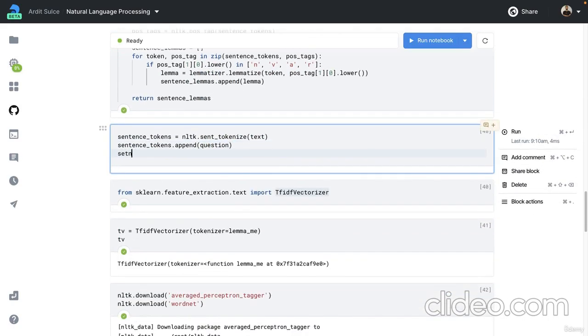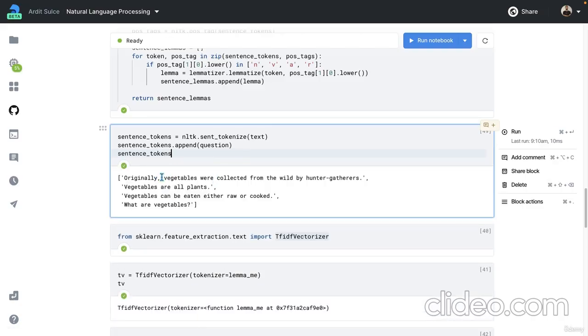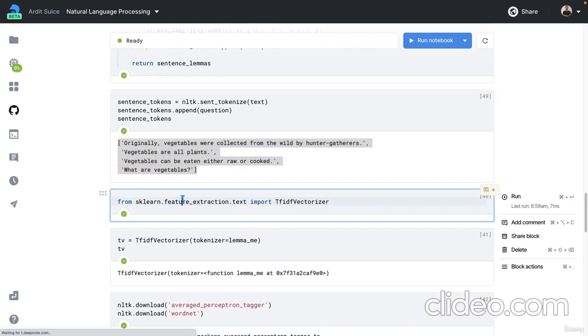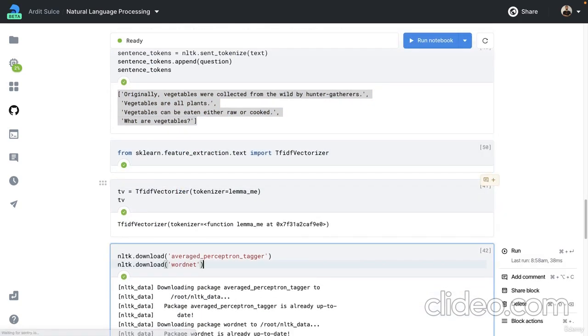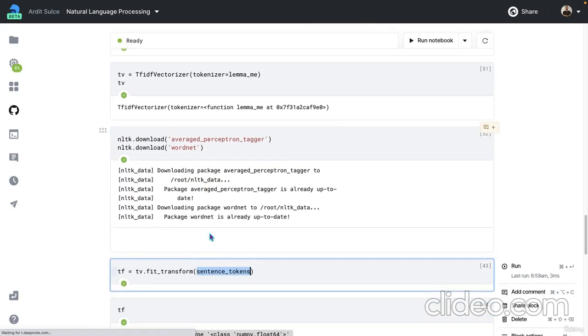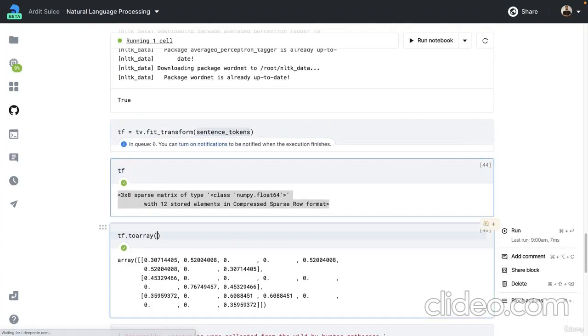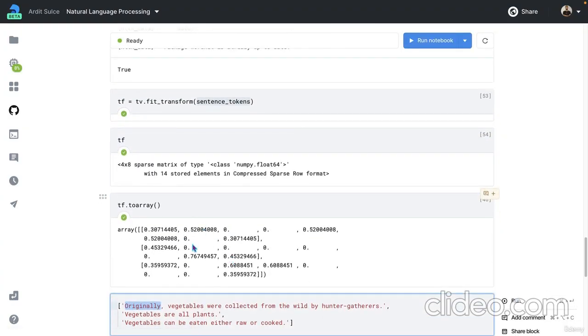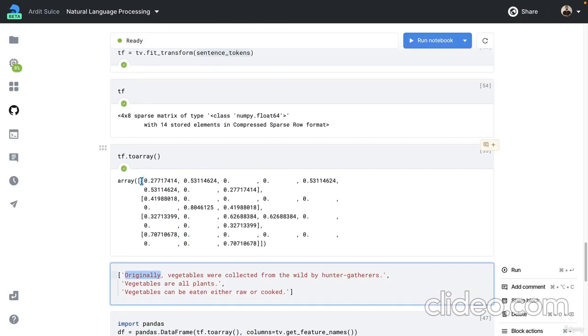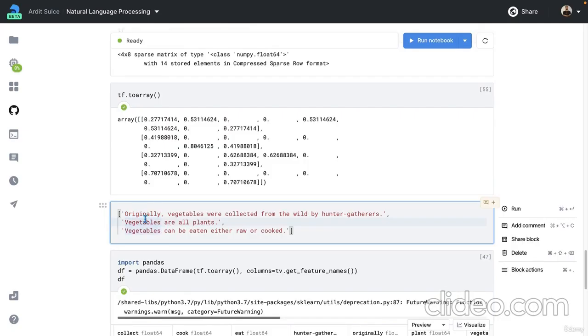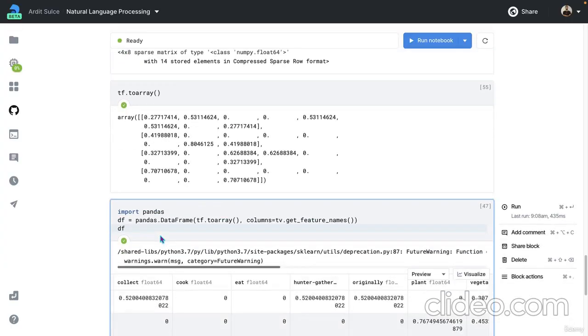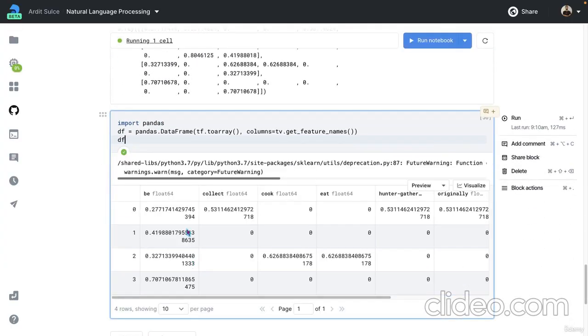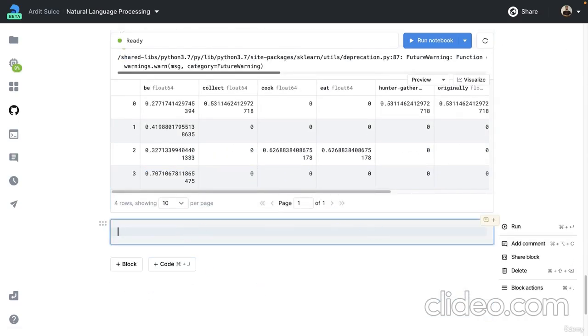Now you see that sentence tokens is this list, and then you execute all the other cells to redefine them with that question added, all of them. You see the array now has 4 lists instead of just 3, and we delete that. And we also see the data frame has 1 more row at the end. And now to find the similarity, finally,